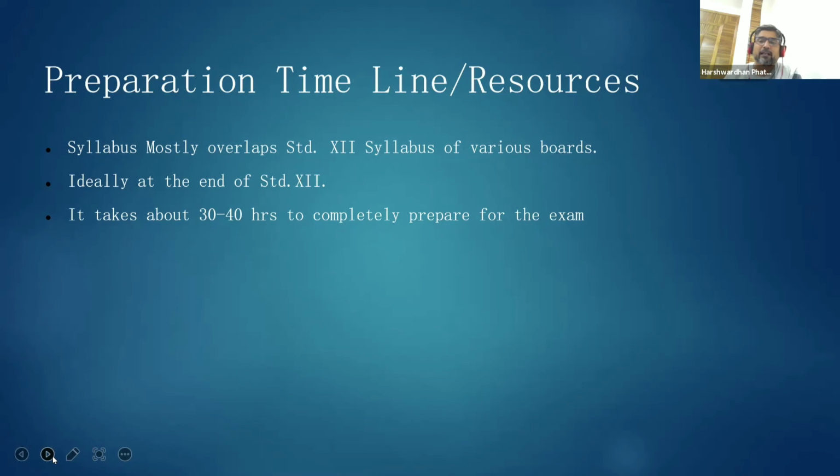Now, when I say 30 to 40 hours, I'm talking about completing the syllabus. Okay, obviously you need to practice with more number of questions, and that should take more amount of time as far as your preparation goes. Okay, so 30 to 40 hours, when I say this conservatively, this is for completion of the syllabus once. Okay, obviously you would do multiple revisions, you would solve more problems related to the concepts. So it would obviously take more time than that. But yeah, the first phase you can say would last 30 to 40 hours. You can distribute this time evenly as per your convenience.